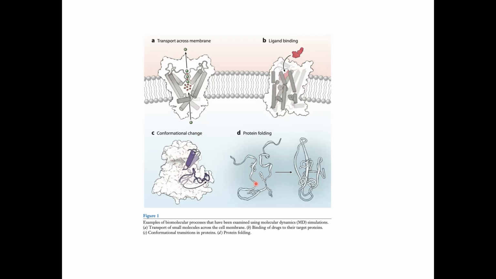Can anyone guess what would be some of the challenges associated with using molecular dynamics to study protein folding, using it as a protein structure prediction tool? If you don't want to speak up, you could just offer a guess in the chat. We have one in the chat now: falling into local structural minima instead of the native structure. So getting stuck in some of the wells in the cone. Yeah, so getting stuck in a